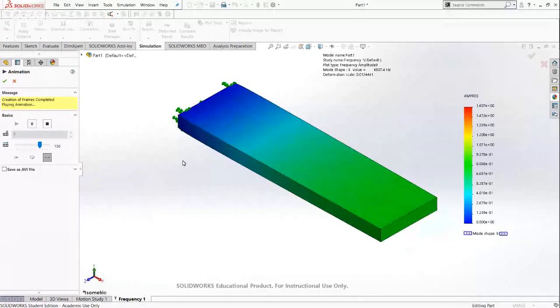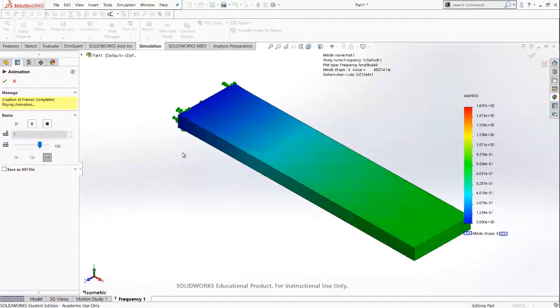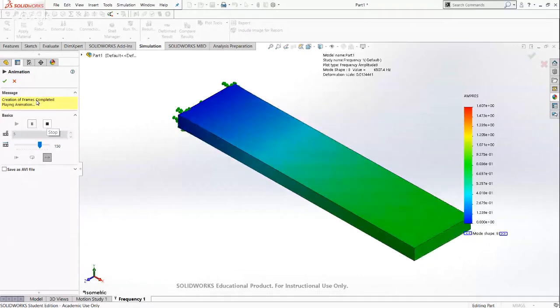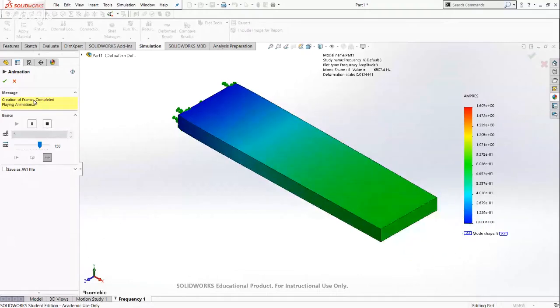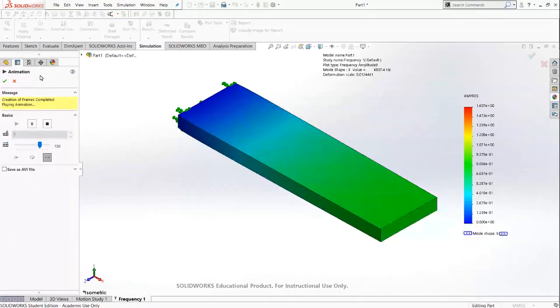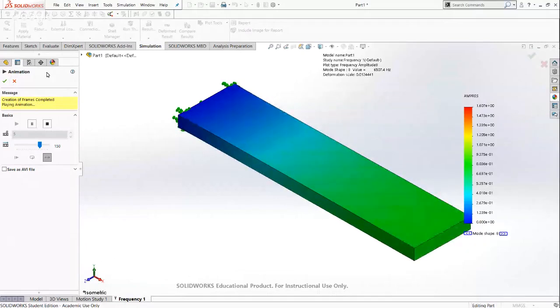So you can see having the animation feature is nice. And what we're doing right now is post processing. I haven't really recorded anything in a report, but I'm studying these mode shapes and trying to understand what they're doing. In your case, your structures are maybe a little bit more involved, so I'm not really asking you to describe them. I'm just asking you to find the natural frequencies computed with FEA that are closest to the ones that you measured with the modal test, and then do a comparison with the table, and then